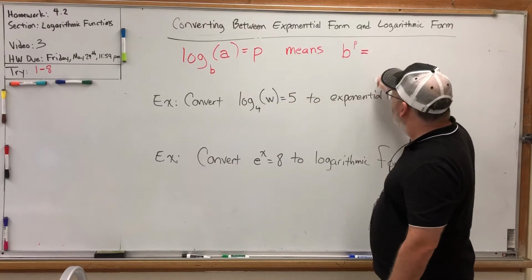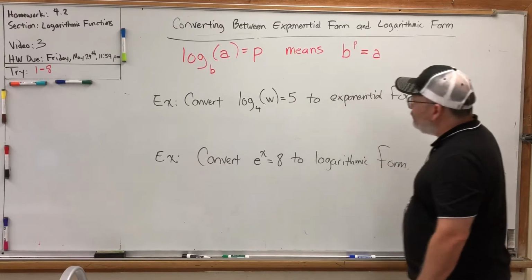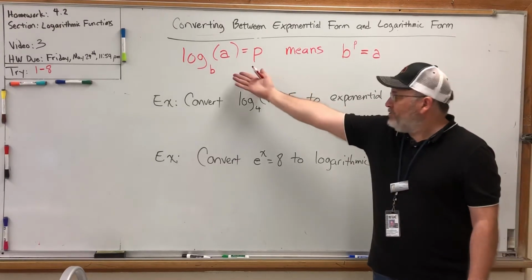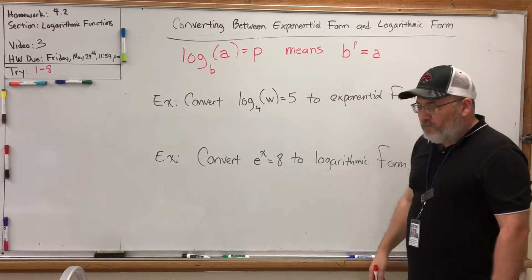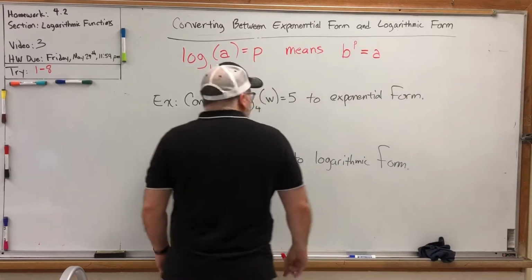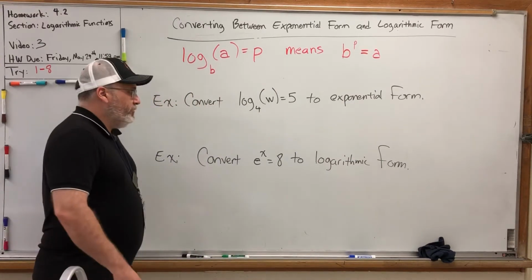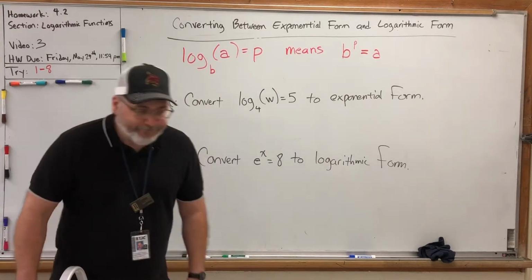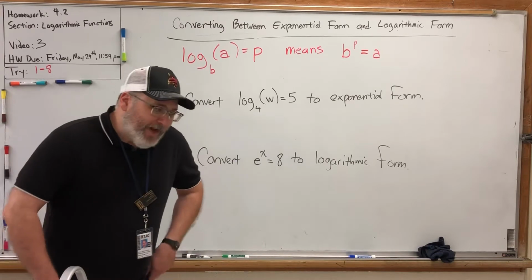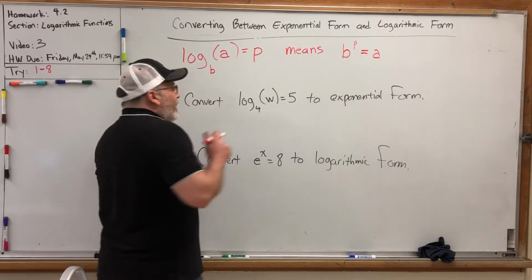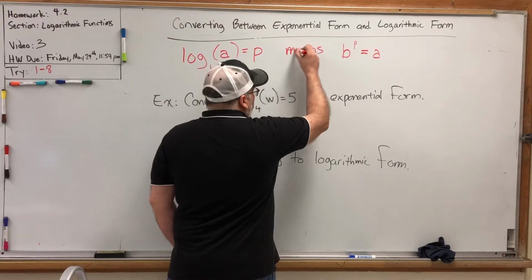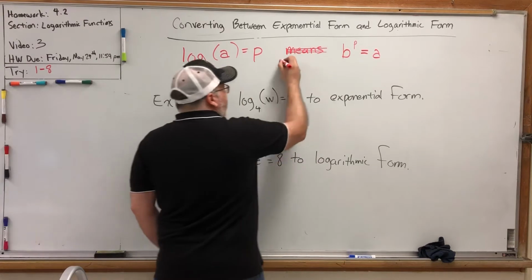into the argument. The equation on the left is called logarithmic form. The equation on the right is called exponential form. There are some teachers that when they start teaching logarithms, this is the first thing they write on the board, out of nowhere. I don't think that's the best approach. That's my opinion. And I want to cross out the word means and replace it with a more descriptive phrase,